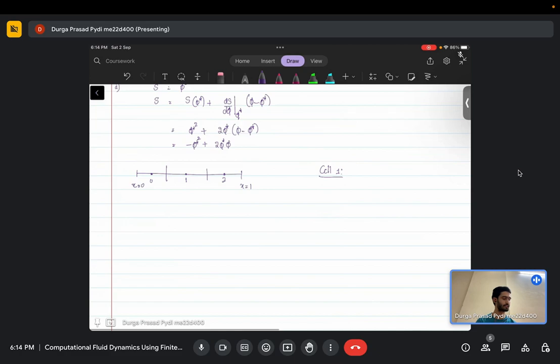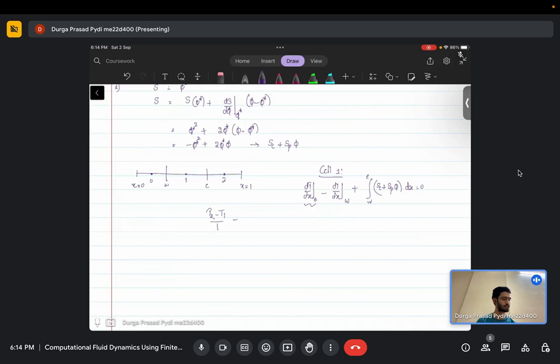Say for cell 1, when I am writing the equation, this will be my west face and this is my east face. So dT/dx on the east face minus dT/dx on the west face, plus you have a source term, integral west to east. If you compare this with SC plus SP phi, dx equals 0. So on the east face it will be T2 minus T1, with delta x equal to 1,